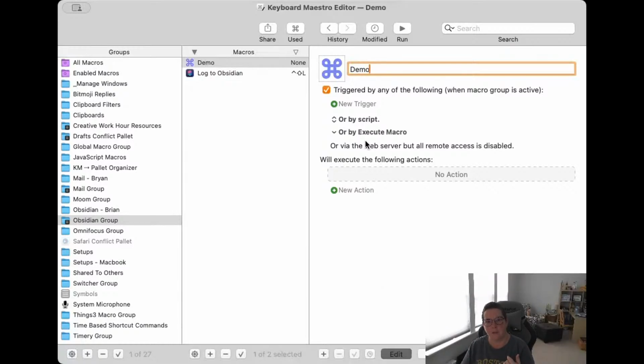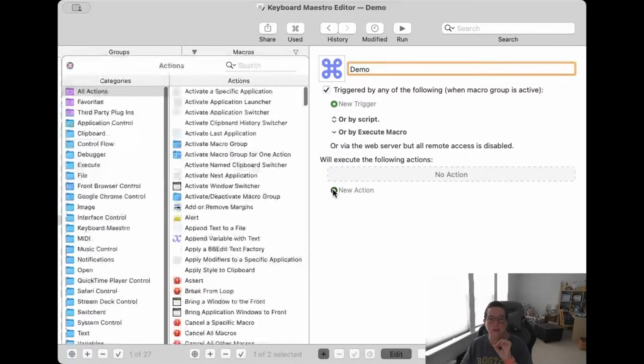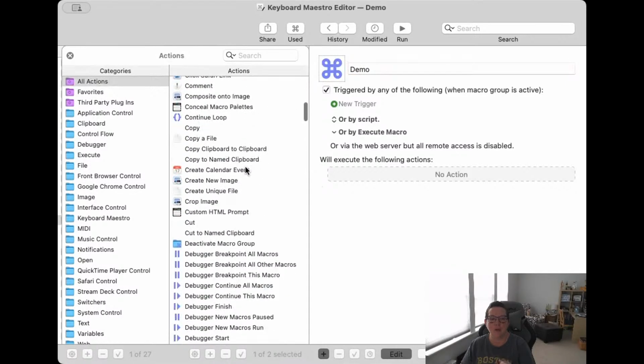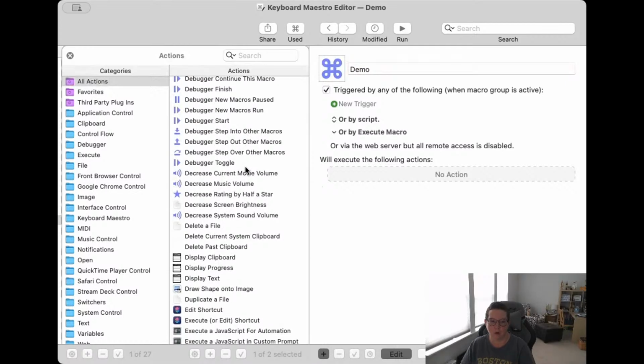And you can see a couple of Keyboard Maestro conflict palettes that I have. This is where it beats Text Expander. When I click new action here, there are so many more actions that you have available. You can just do so much more with Keyboard Maestro. So I really would like to continue to move more and more of my things out of Text Expander and over to Keyboard Maestro.